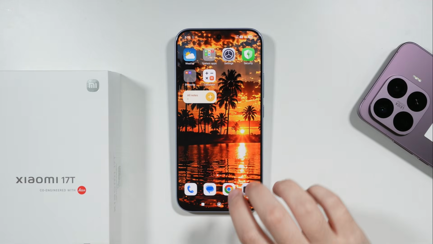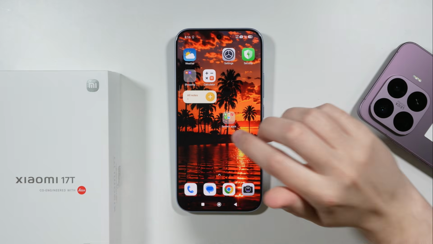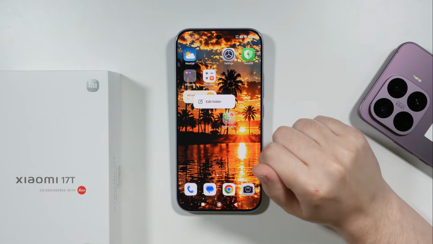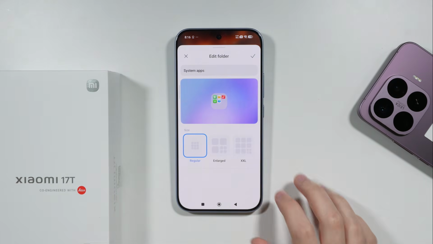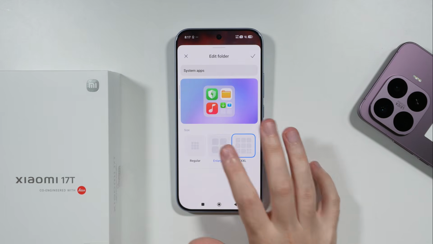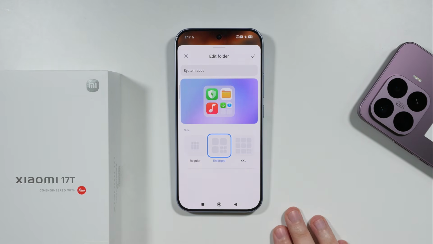Another trick that I want to show you is actually with folders. So you might already know this, but still I feel like it is worth mentioning. We can edit the size of these folders. By default, folders have 1x1 size, but if you go to edit, then over here we have the enlarged style and double XL. In both cases, the enlarged and double XL have 2x2 size, and the difference between them